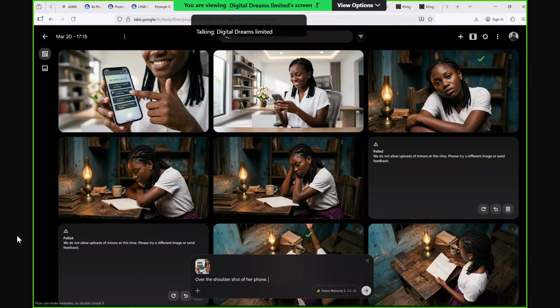She reads from her phone while the phone screen shows a cartoon image of Einstein teaching physics. Okay. What is shot of her phone? She reads from her phone while the phone screen shows a cartoon image of Einstein teaching physics. Okay. So that handles the